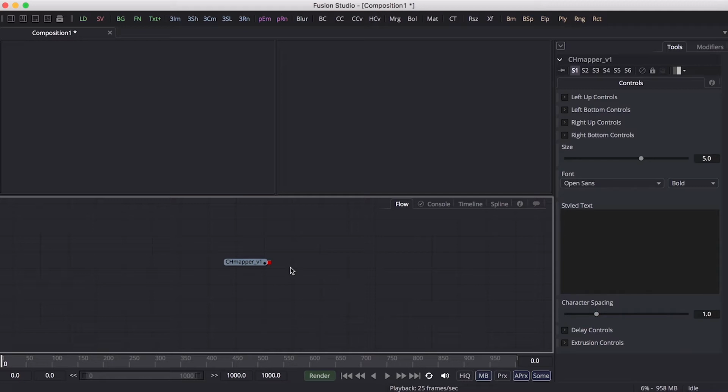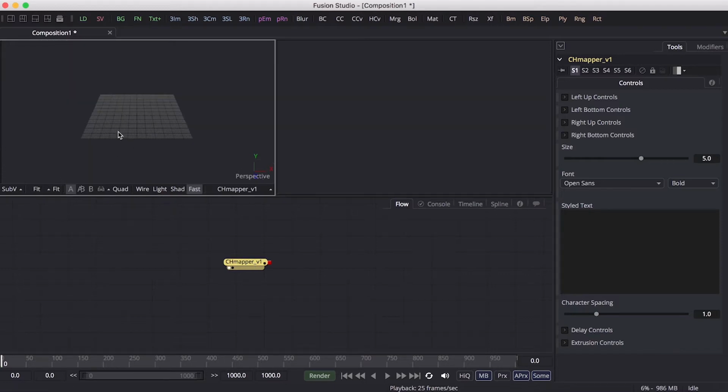When you open it, you will see it's blue. It's because this is a 3D tool. Let's see a quick overview of its settings. If I put it here, you can see this is a 3D tool. And on the right side, you can see the settings of the macro. What this macro does is slice up the letters into 4 pieces, and it allows you to control them individually. That's why you see the 4 drop-down menus here: left up, left bottom, right up, and right bottom.